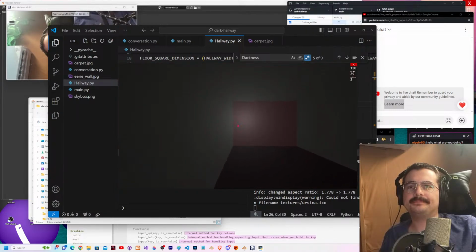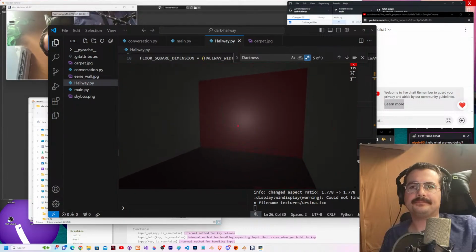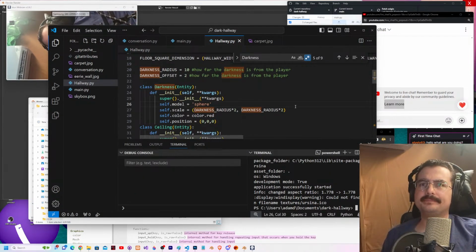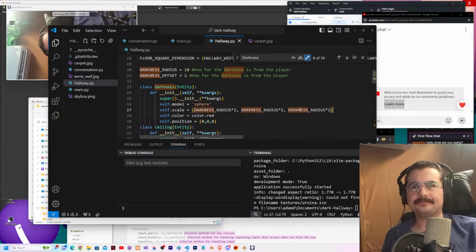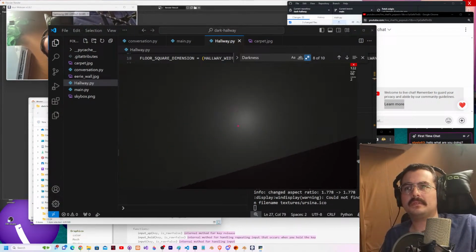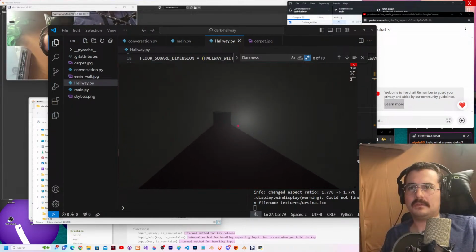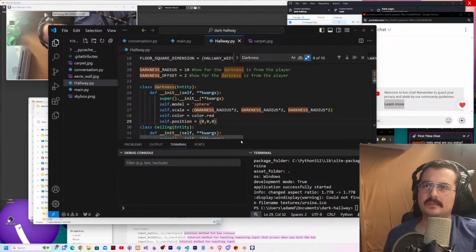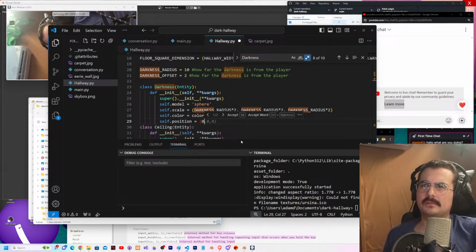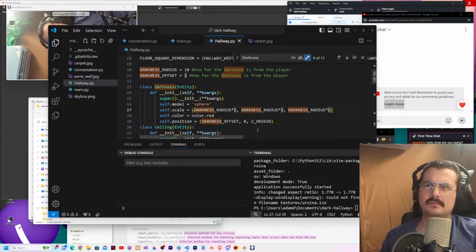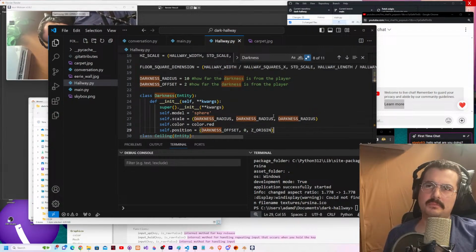Not quite a sphere, but there it is. Need a third argument. There's a sphere there, I can't see it. Darkness radius. It should be